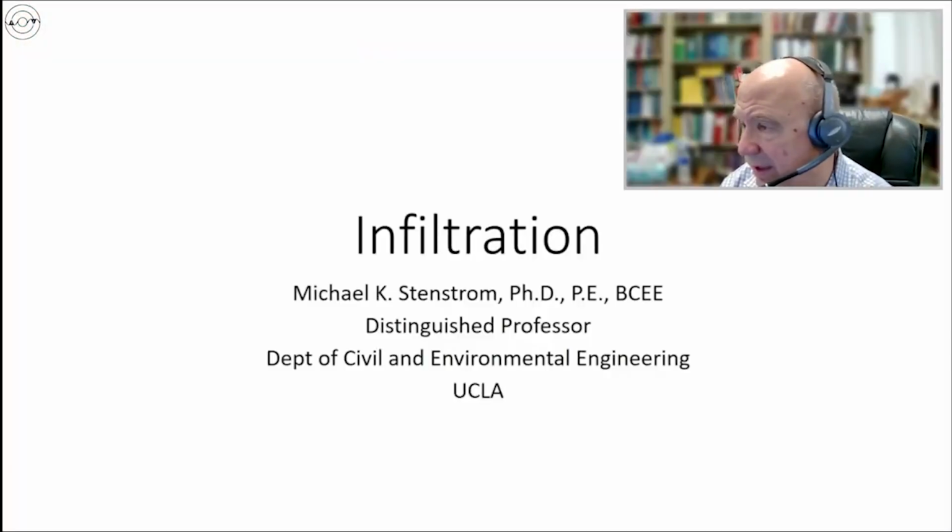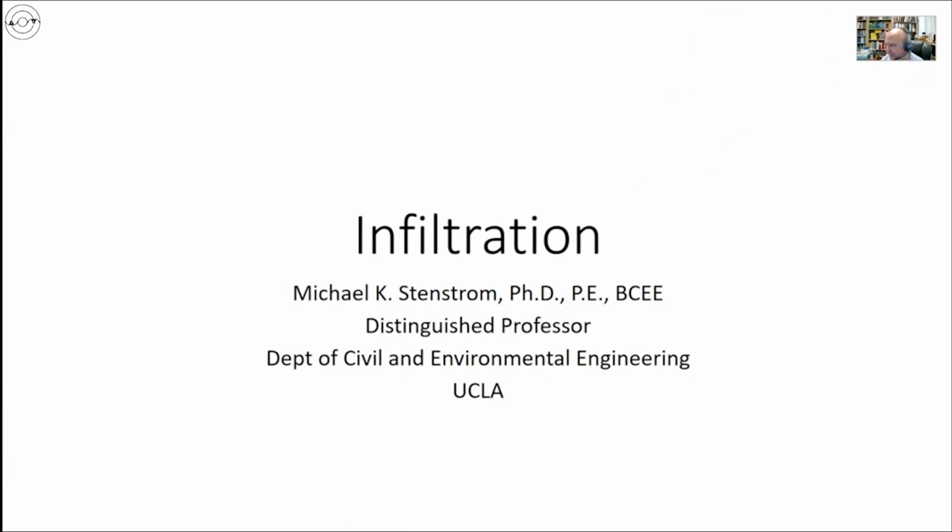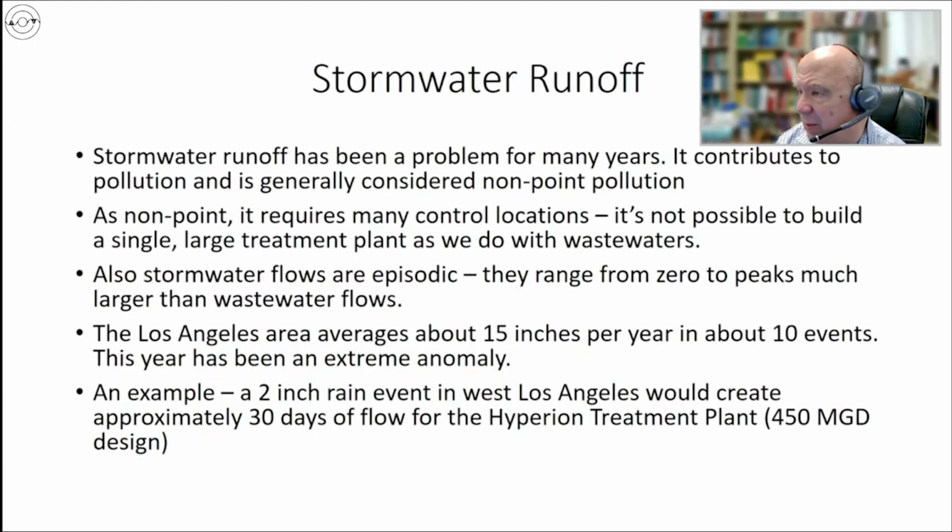Over the years, since about 1985 or so, I've been working on stormwater as part of my work. This is the PowerPoint I've prepared for today. It talks about a type of stormwater pollution and how we can control it by infiltrating it into the land. It's useful for two purposes. One is that some of that stormwater we can beneficially reuse and reduce our load on imported drinking water. And the other valuable contribution is it reduces the amount of pollution that runs off to receiving waters like the ocean.